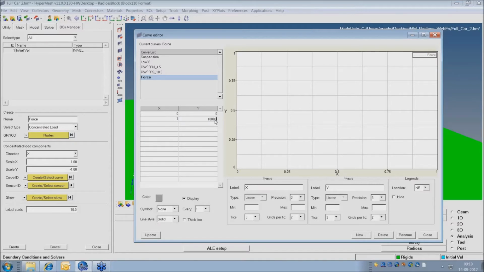It may be 10 kilonewton, and at 120 millisecond, again it is 10,000. Update. So here what I'm doing is I'm ramping the load from 0 to 100 millisecond. I'm ramping the load to 10 kilonewton, and after that I'm holding the load for another 20 millisecond.